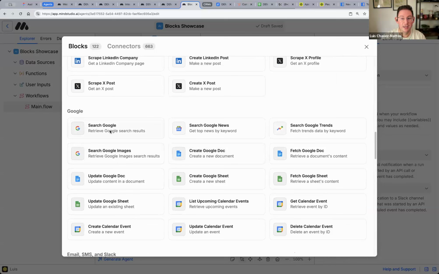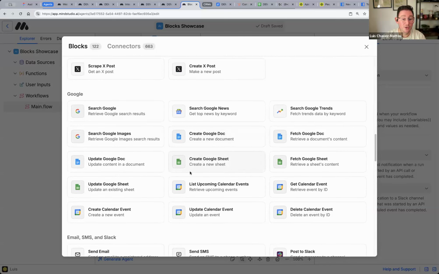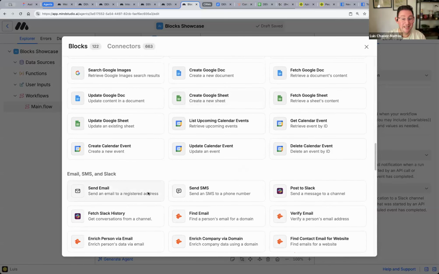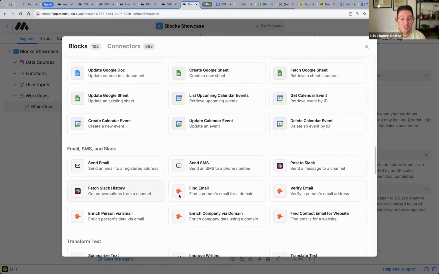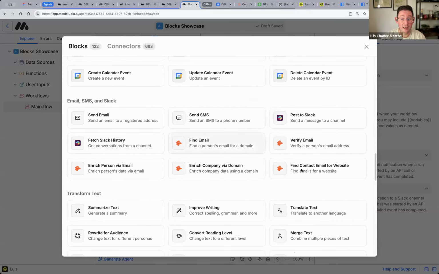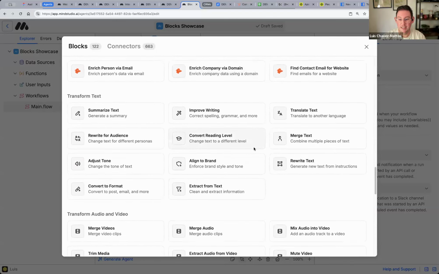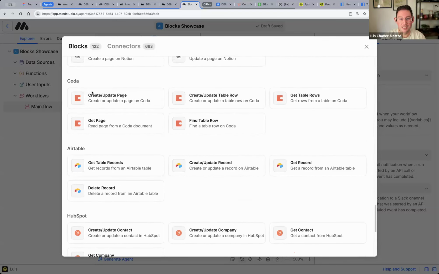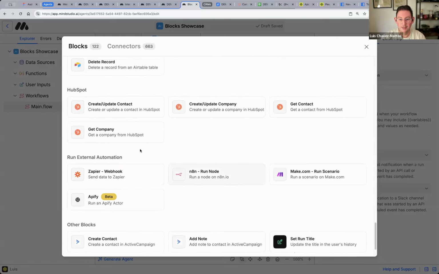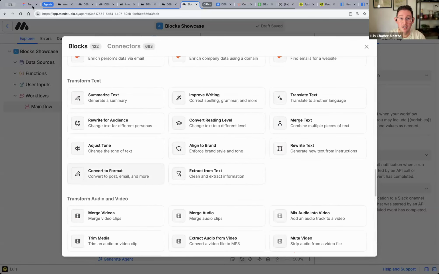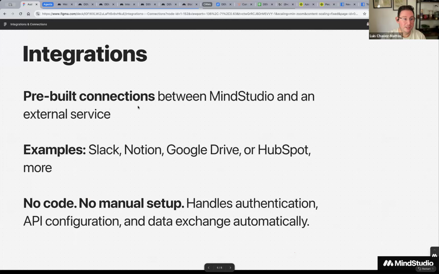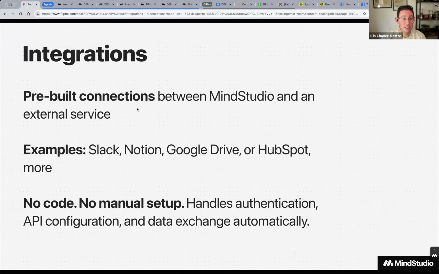Same for things like the Google search and all of the Google Docs stuff, sending emails and SMS, Slack history, these Hunter IO blocks that allow us to find people data, as well as things like these Coda blocks and Airtable blocks, HubSpot blocks. All of these are pre-built, and we've spent time to create that abstraction on the